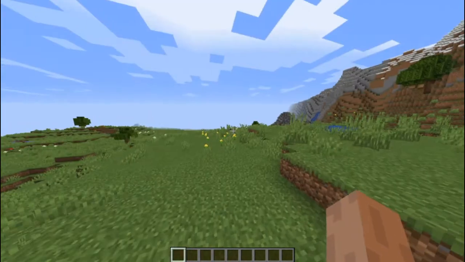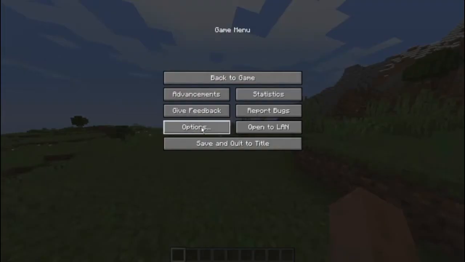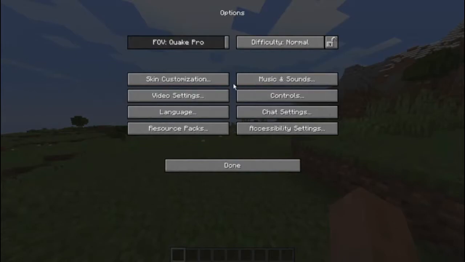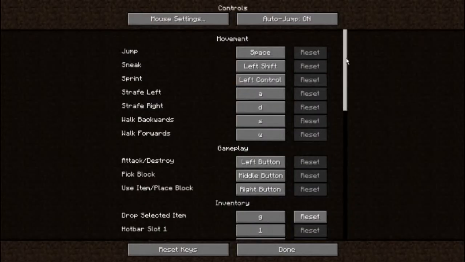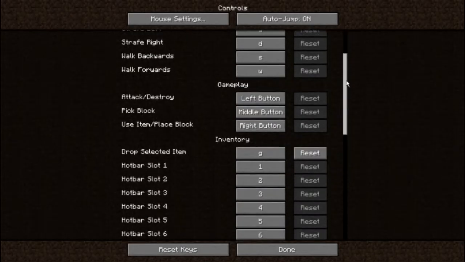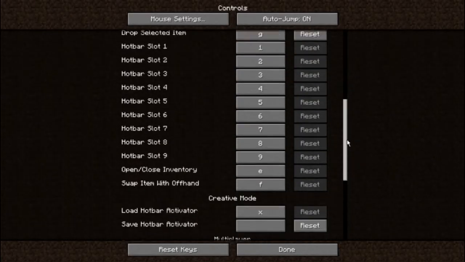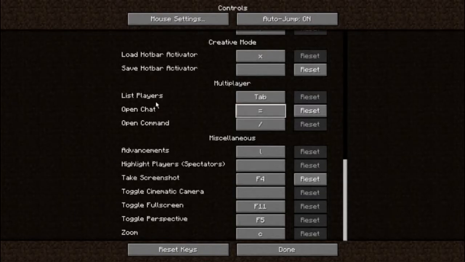Now if we go to the settings or options, it's the same as normal Minecraft. There's nothing different from this. If we go to controls, you might see things the same. But if you go down here, you will see something different. That's right, it's zoom.